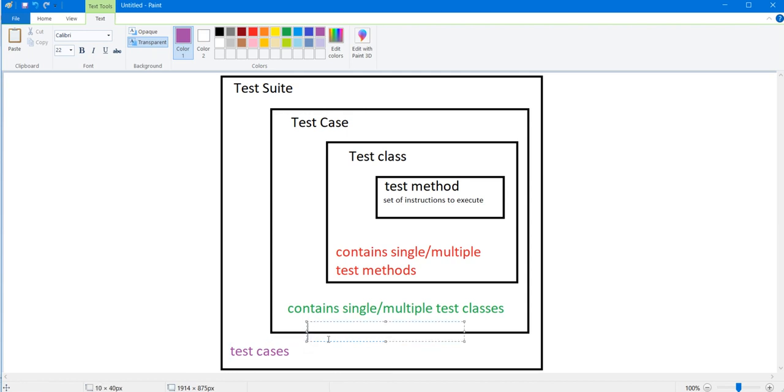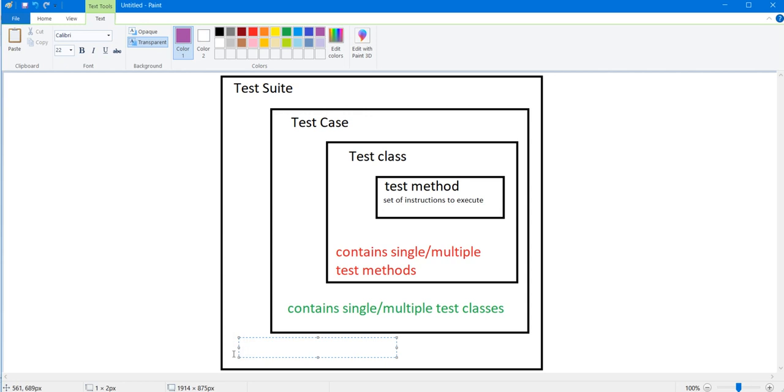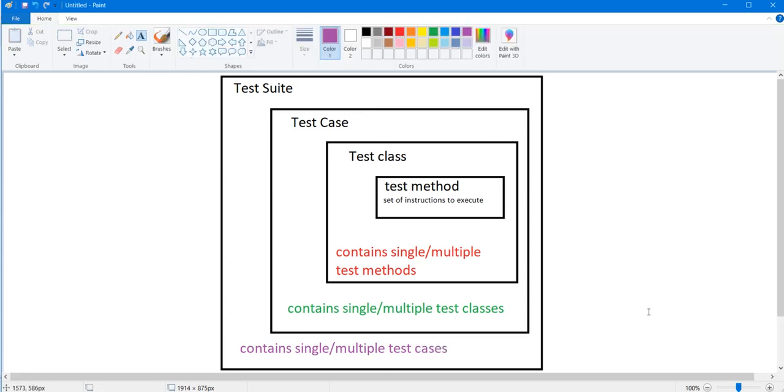Okay, I should say, wait a second guys. Contains single or multiple test cases. Okay, now it's done.